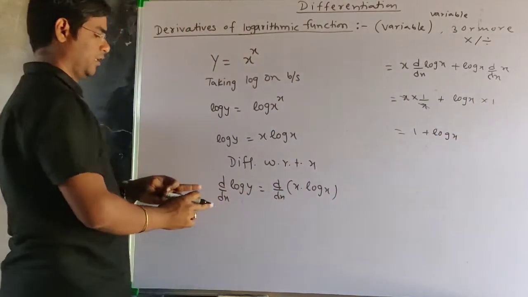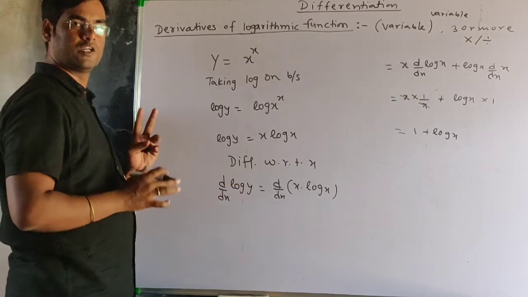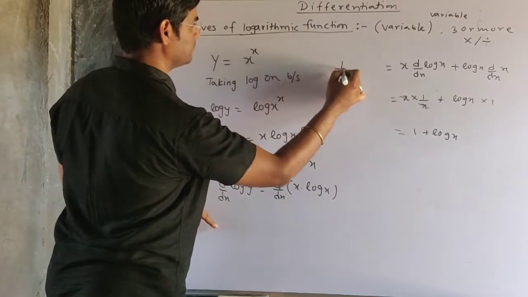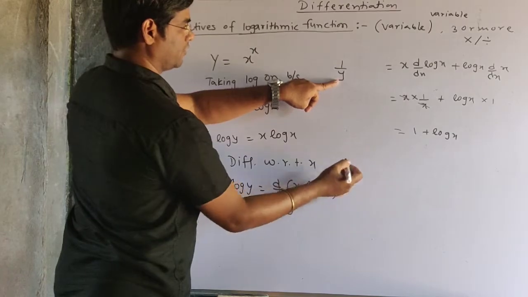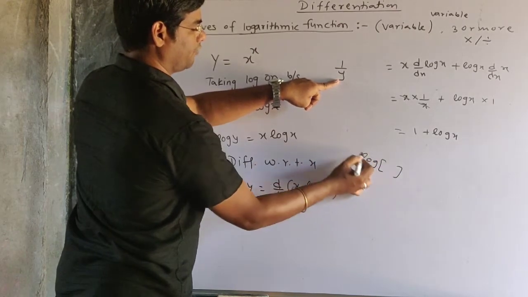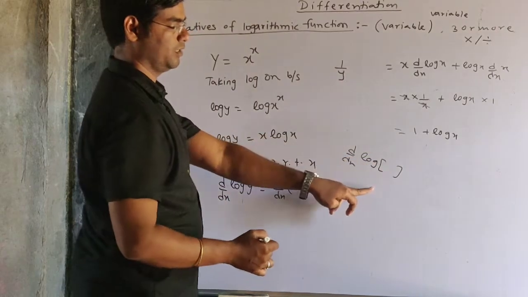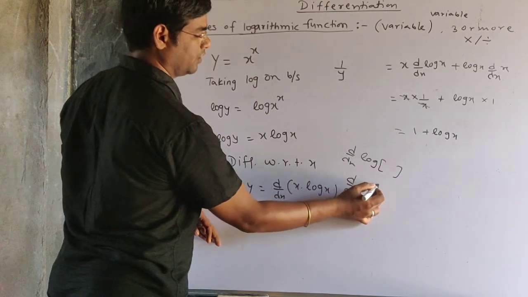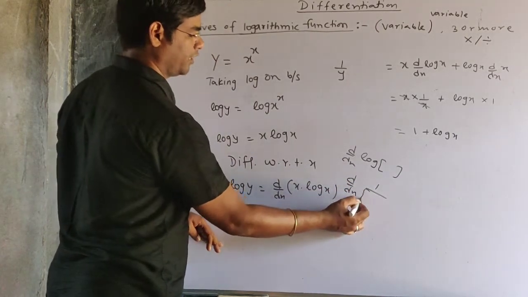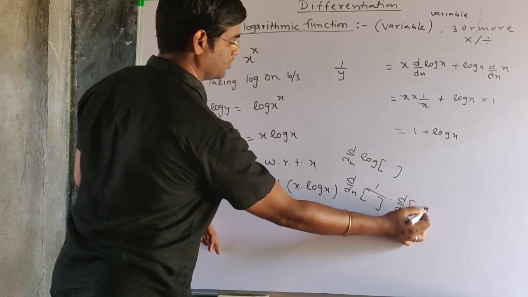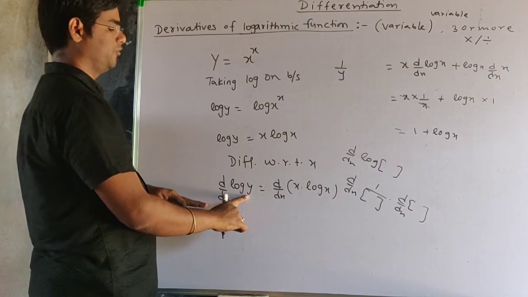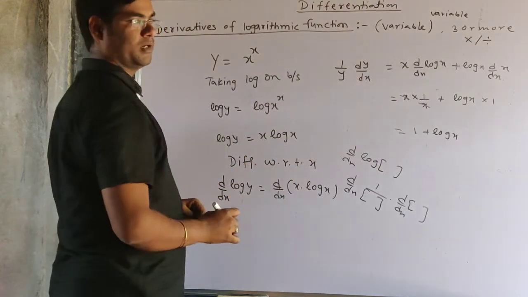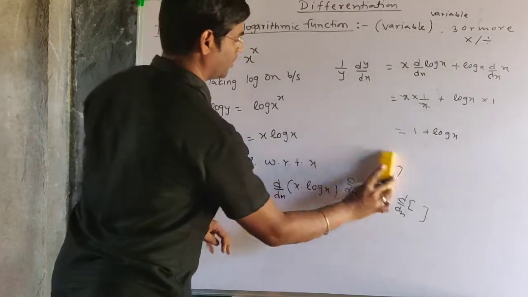But see the left hand side. The left hand side is the derivative of log y. The derivative of log x is 1 upon x, but the derivative of log y is 1 upon y, because this is not x. What is a composite function? If we have the derivative of any function log x, the derivative of log x is 1 upon x. But if we have any term other than x, then it is known as a composite function, and the derivative of a composite function is 1 upon x into again the derivative of x. So here instead of x we have y. So y is known as a composite function. So the derivative of log y is 1 upon y into the derivative of y again, so dy by dx. So the final answer will be 1 upon y